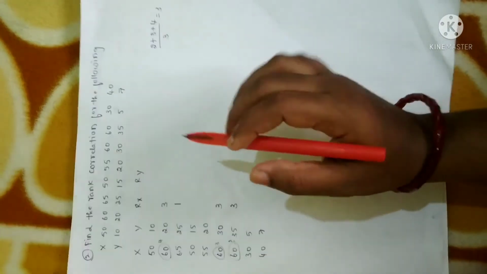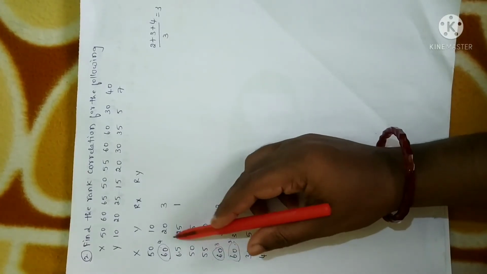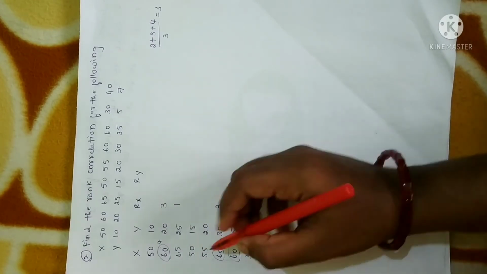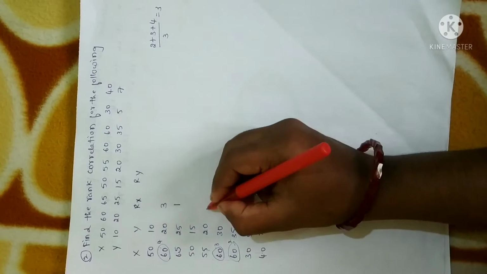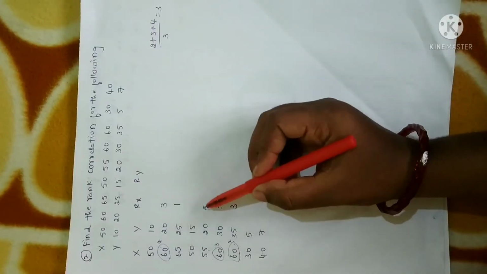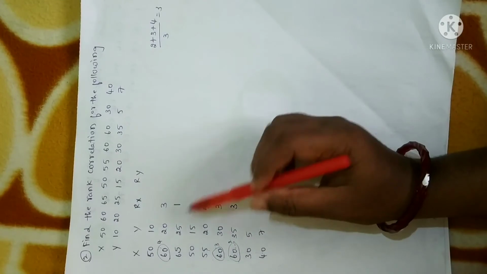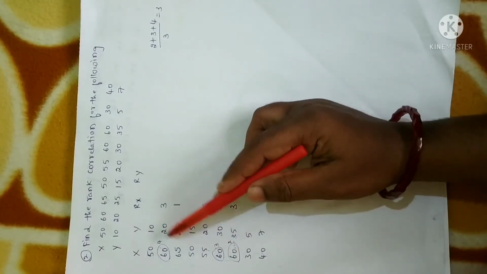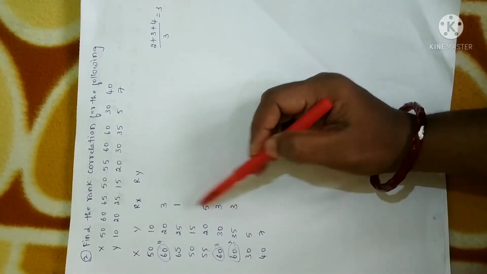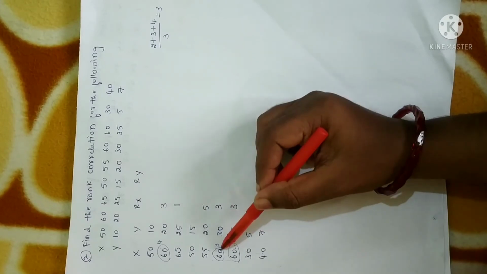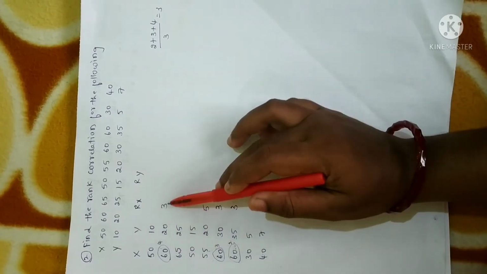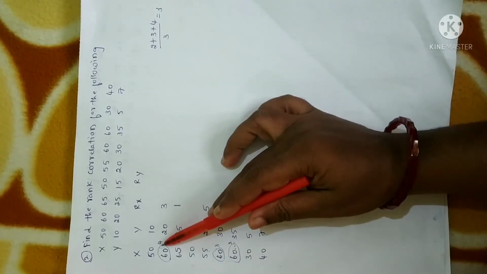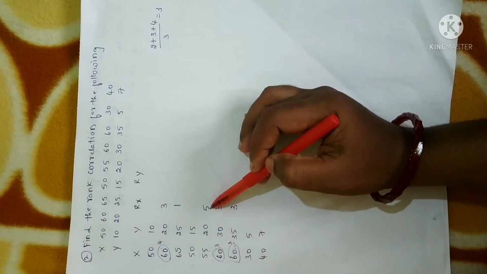Since the second, third and fourth ranks are filled now, next we have to fill fifth rank. Search for the highest value in this column. The next highest value is clearly 55. So you have to give fifth rank here. We should not place second, third and fourth rank again, because they are already placed for the repeated marks. We have given the same rank for all those 3 students. So the second, third and fourth ranks are all placed as 3, because all 3 members scored the same mark. Now for fifth rank, this is the highest number, so fifth rank is given for this.